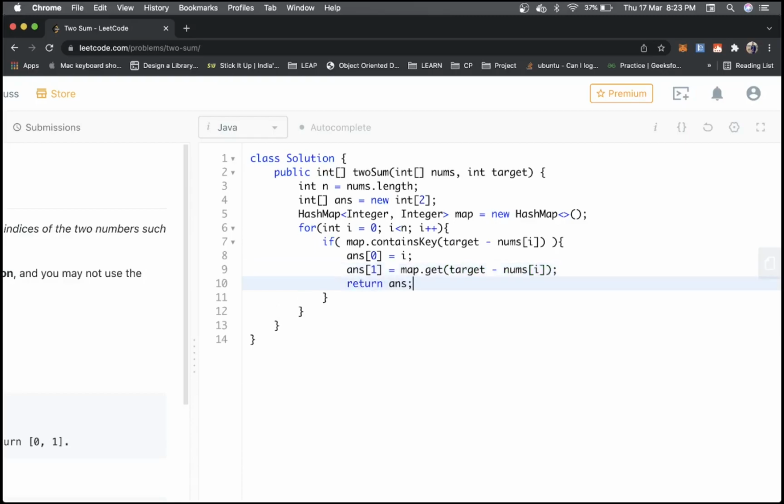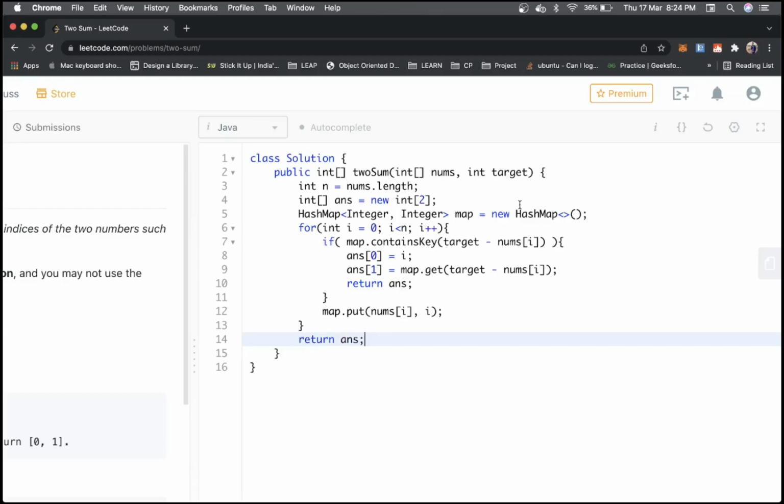And just return the answer here. And if it is not present, it means we did not find our pair. So we just put the current element, that is nums of i, with its index. And at the end, we return the answer, right?